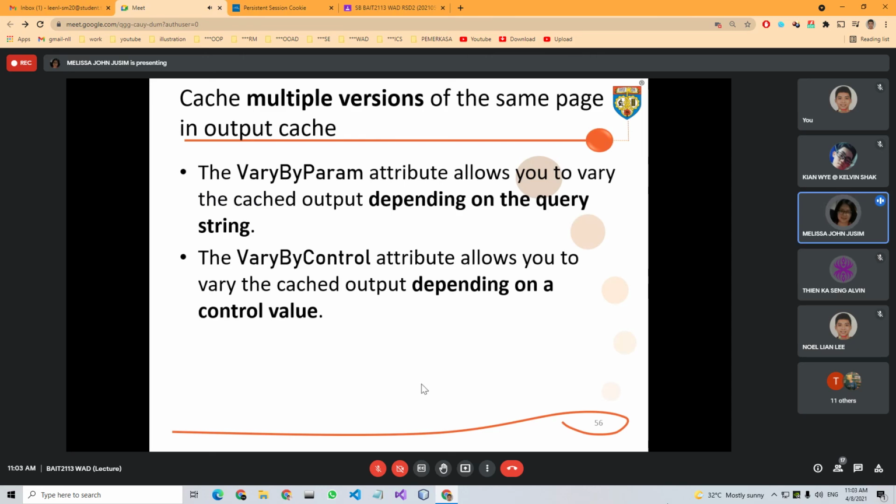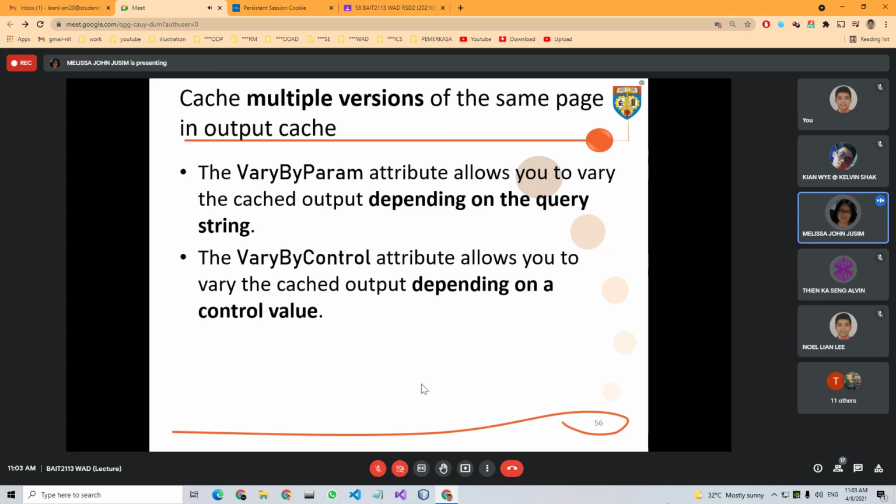If you set the VaryByParam, it means we can cache our output depending on the query string, only those included in our query string. We already know output cache is for the throughout the page, so you cache the whole page. Now, if it's by control, then you can cache the output depending on your control value.